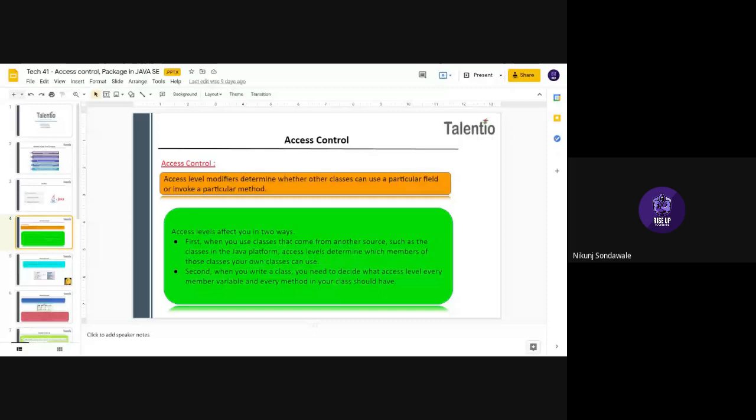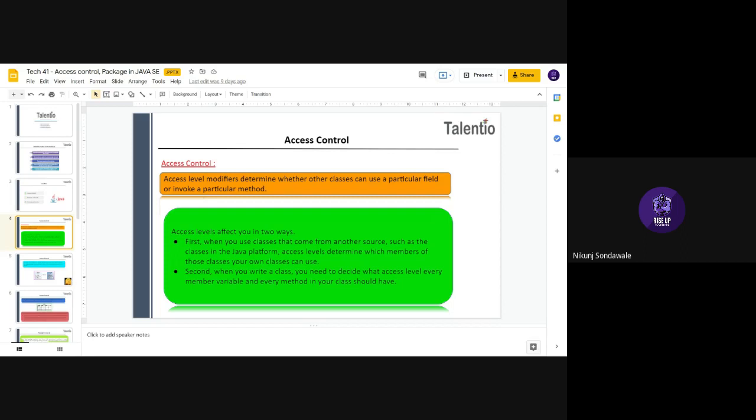Means if you add access modifiers to your classes, methods or variables, it will decide whether other classes, components or the class itself can access your class or the components of your class or not. It will be totally decided by this access modifier.